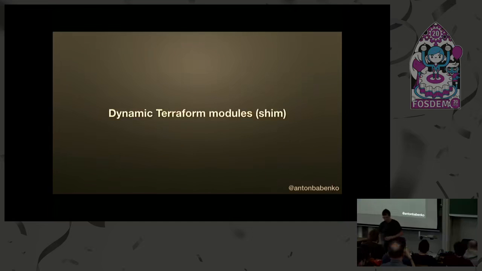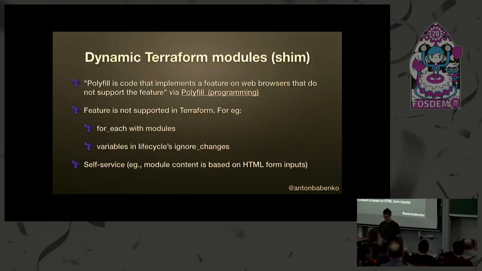And one of the most complicated scenarios, I would say, is how to use Terraform for things which it was not designed for. This is called, like in the web browser, a polyfill, where a polyfill is code that implements a feature for web browsers that do not support the feature. In terms of Terraform,